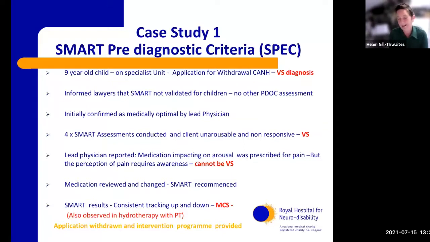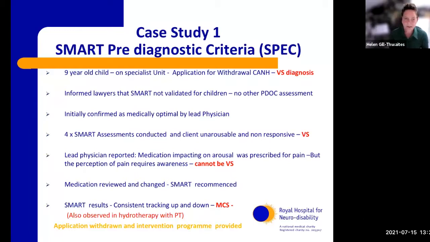So if I'd just carried on not considering anything to do with the arousal levels, she would definitely have come out with a diagnosis of vegetative state. But like I say, SMART is about doing an investigation. It's about asking questions. So we went back with the lawyers to the lead physician, and he reported in a